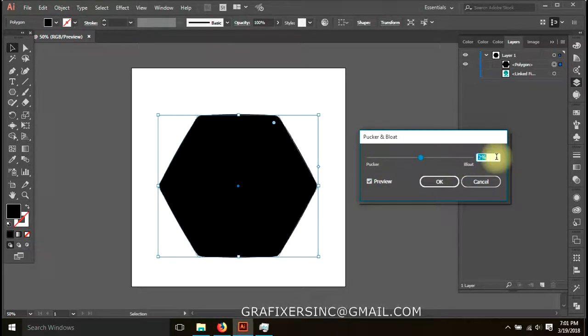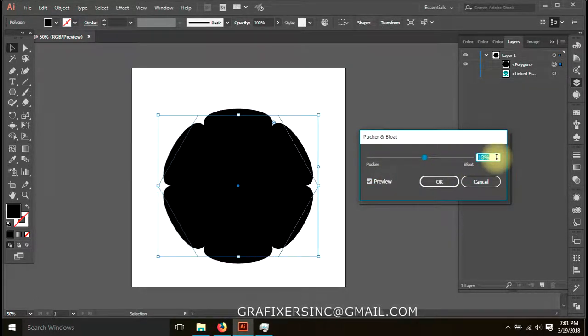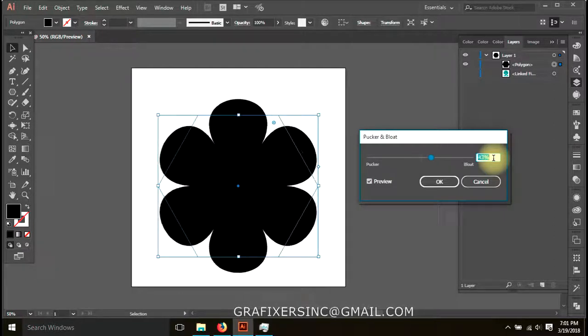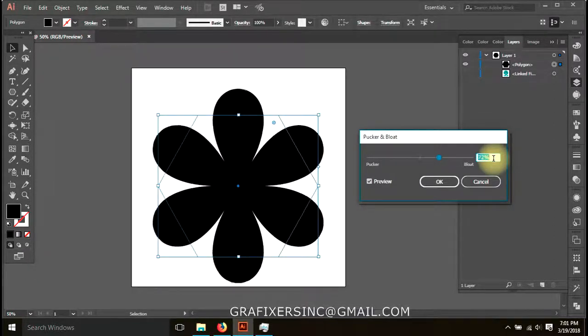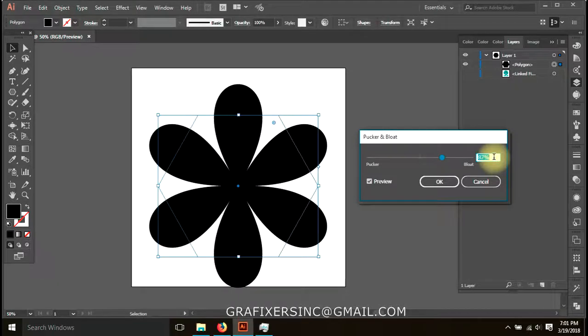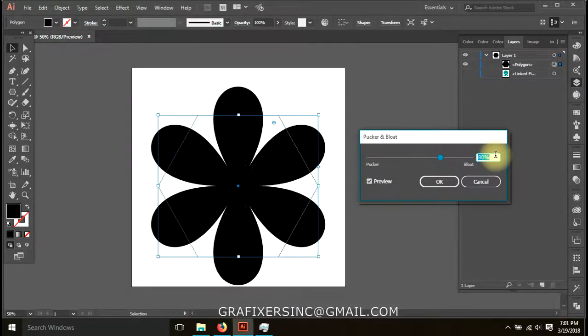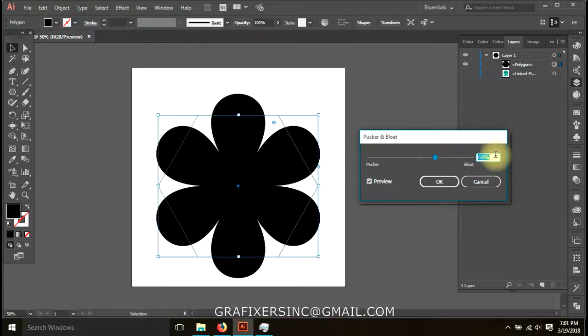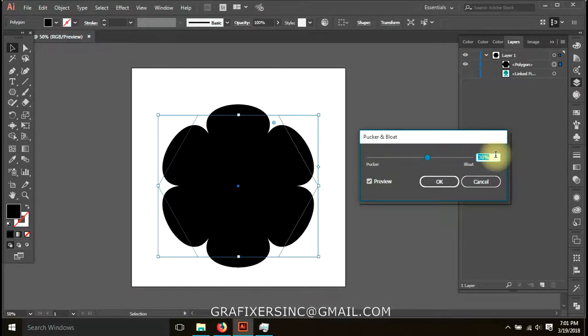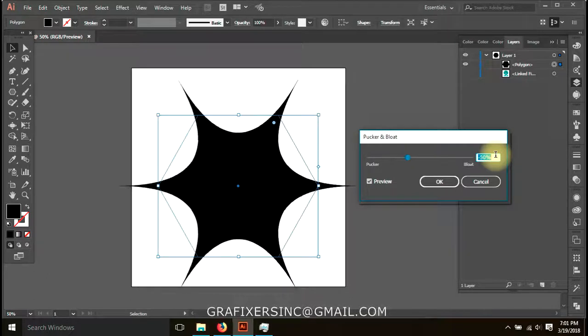If I increase the value, you can see everything is going inside and the shape of a flower comes into existence. So this is going to bloat, and if I go to the pucker, it will make it